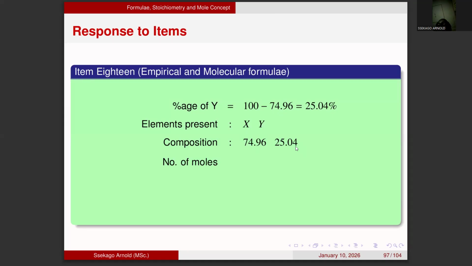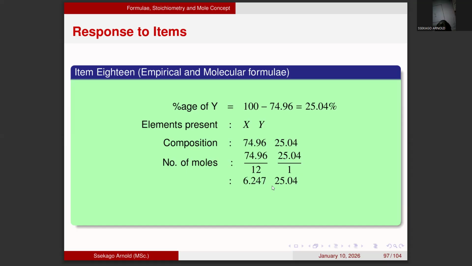Next, I determine number of moles. To determine number of moles, we divide the compositions by the atomic masses. X, we have seen that it is carbon. So we divide by 12. Atomic mass from the periodic table has been 12. Then Y, hydrogen atomic mass has been 1. Then we obtain these as